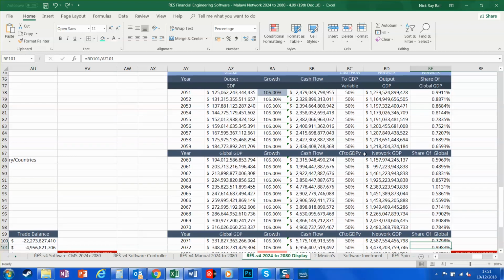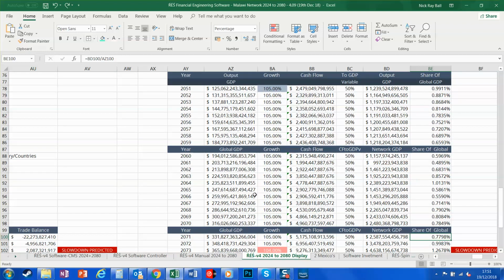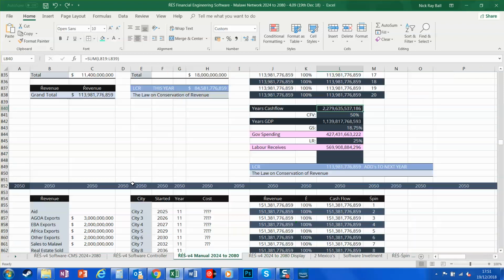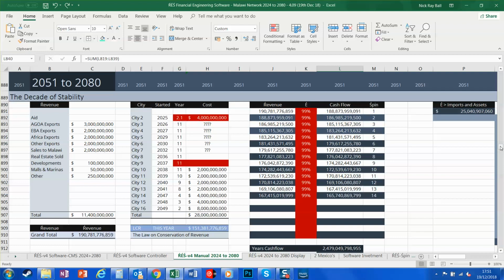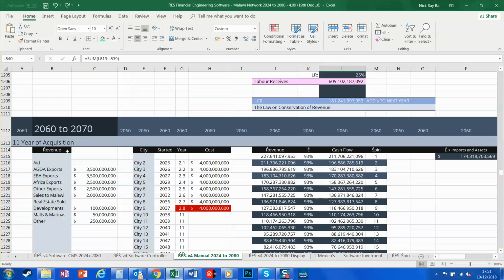I'm just going to work through these figures for a second. This 10 years is the 10 years of stability. Let's just see it. I think it's starting there, the decade of stability, and then that goes down to the decade of acquisition, where here I'm buying a load of stuff, 174 billion, buying a load of stuff from other countries, maybe buying land, maybe starting a new network in the USA or anywhere,